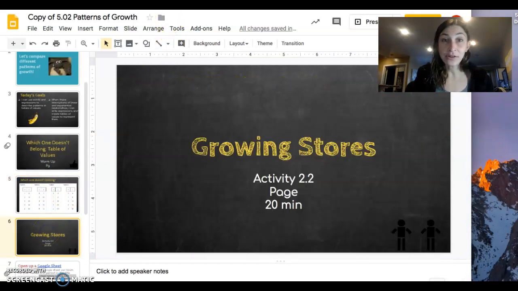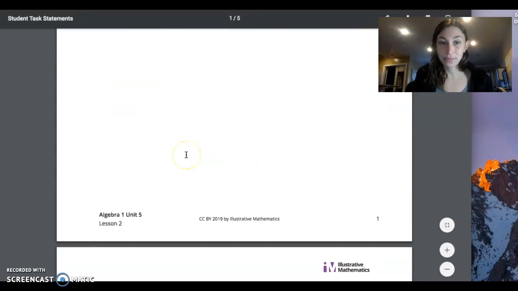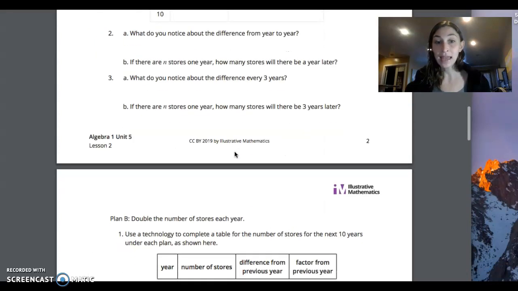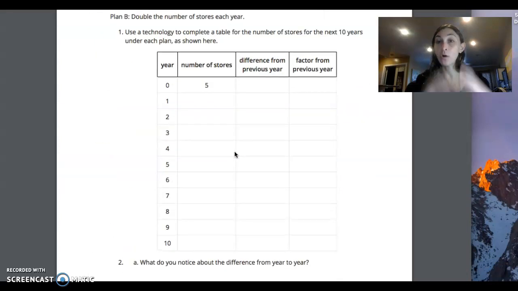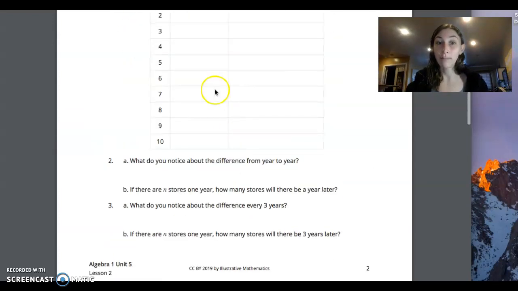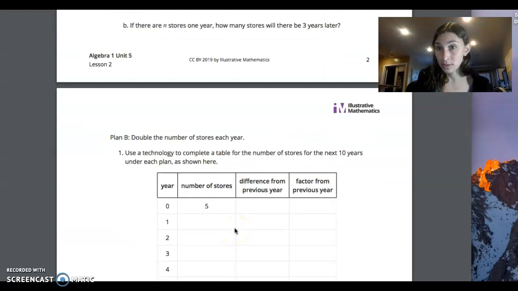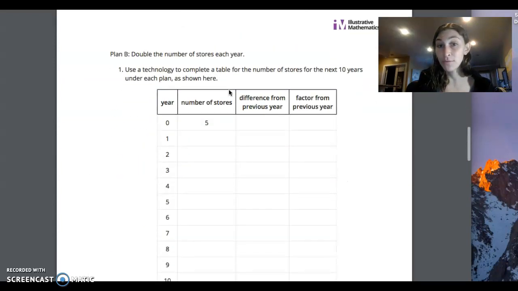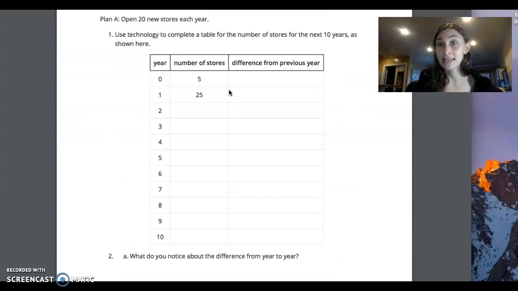So then, here is their task statement. This is what they're given. So the next part of the lesson is they're given this table and they're given this table. And they go to the whiteboards, and what I ask them to do is in their groups, they're going to draw both of these tables on the whiteboards, and they're going to compare them. So they're going to complete the tables, both of them, and then they're going to write on the whiteboards